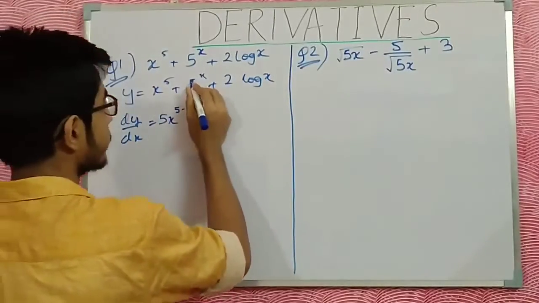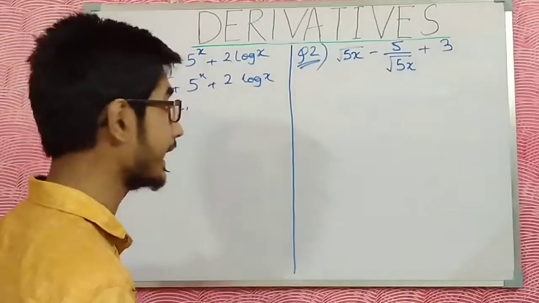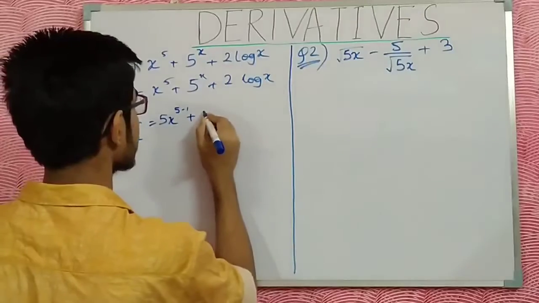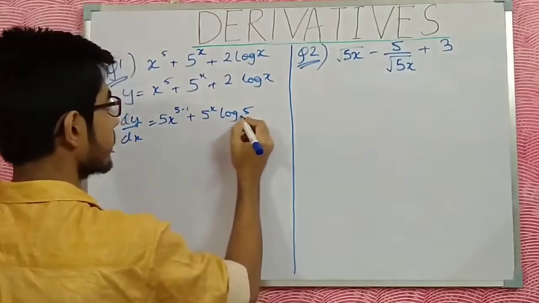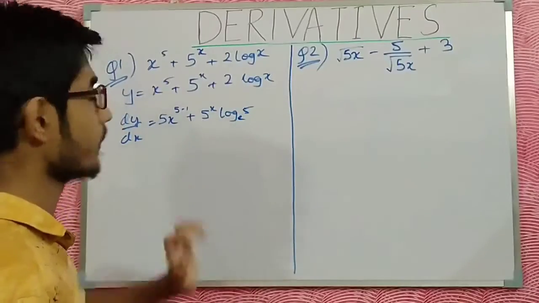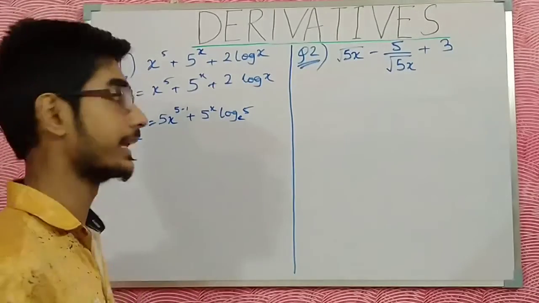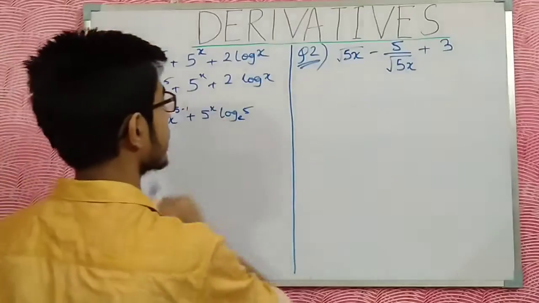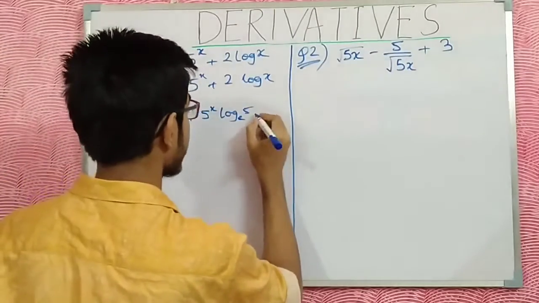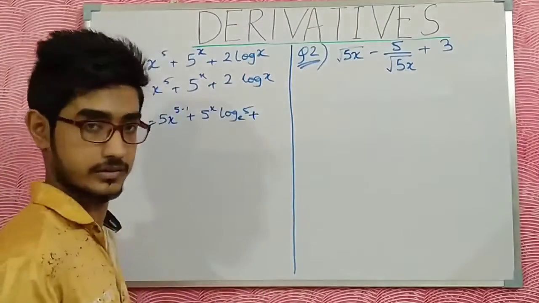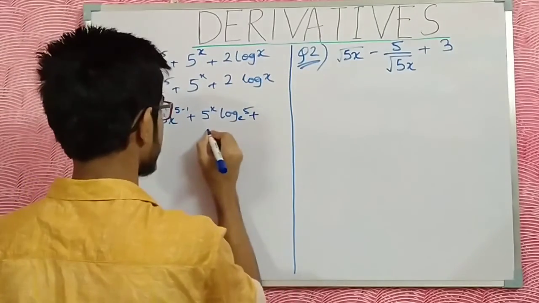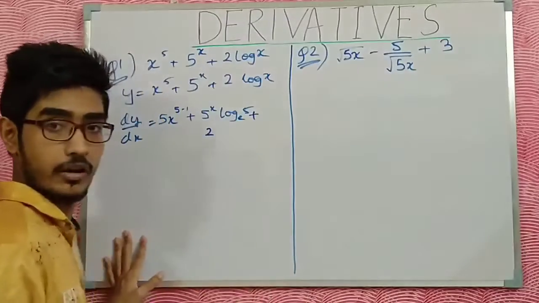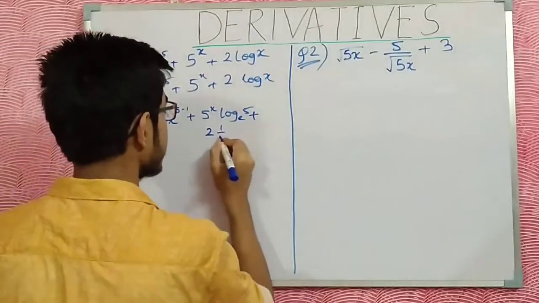So then it is 5 to the power x, which will act as a to the power x. The formula of a to the power x was a to the power x log of a base e. This was the formula for the differentiation of a to the power x. And then the third one is plus 2 log x. So 2 is the constant which will come outside while differentiating. So this will be 2, and for log x the differentiation will be 1 by x.